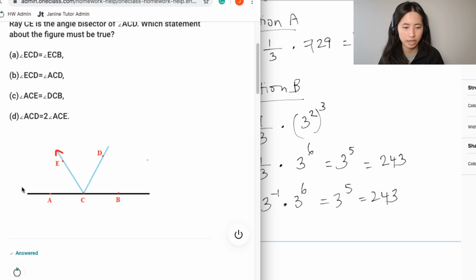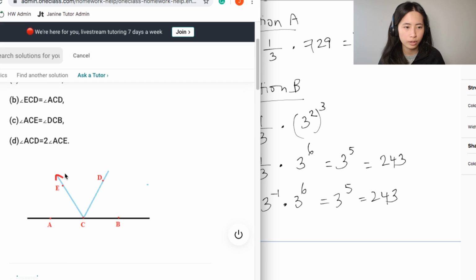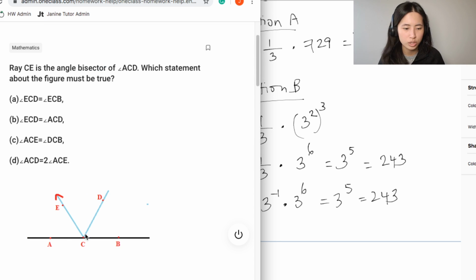Okay, so let's take a look at this. First of all, they're saying you have a ray, which is CE, right? And what is a ray to begin with? A ray is basically you have a point and then it extends in one direction. So you have ray CE and it says it's the angle bisector of ACD. So an angle bisector creates angles, right? That's why it's called an angle bisector. It creates an angle on top of bisecting